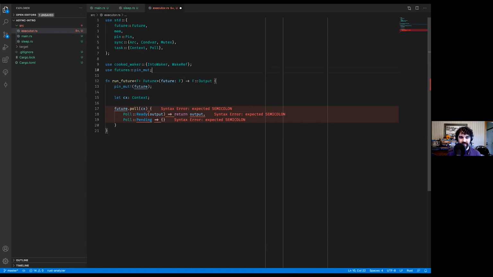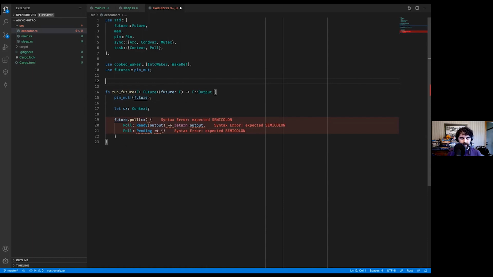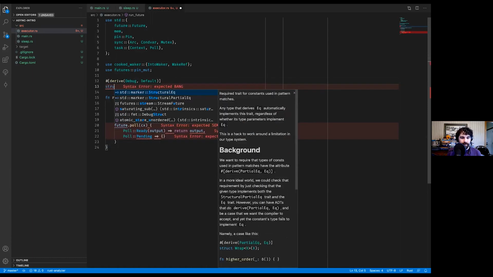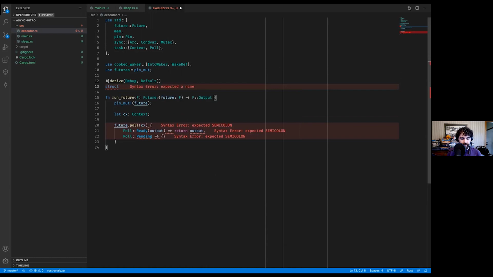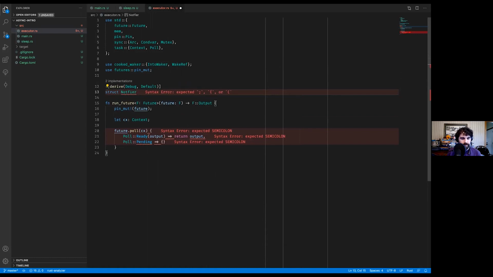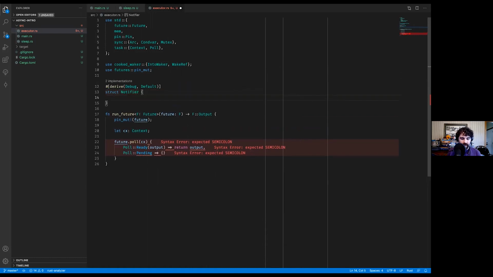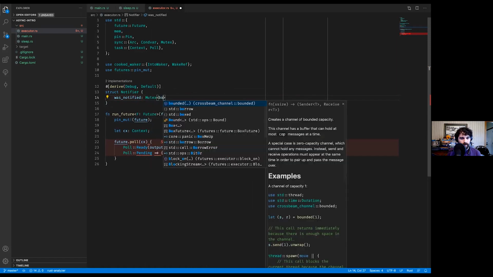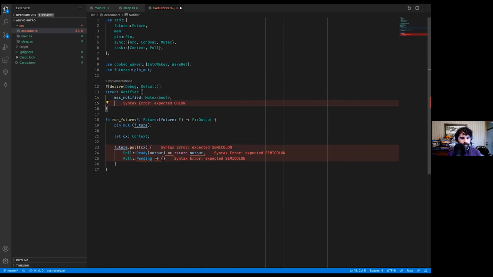thread. We're going to use the classic old school mutex and condition variable. If you're writing a real one of these, which you probably won't be because you're just going to use Tokio, you're going to use something more efficient. But for our demonstration purposes, we can just use the classic old standbys. Notifier. So we're going to have a mutex in here, was notified, and we're going to have a condition variable in here.